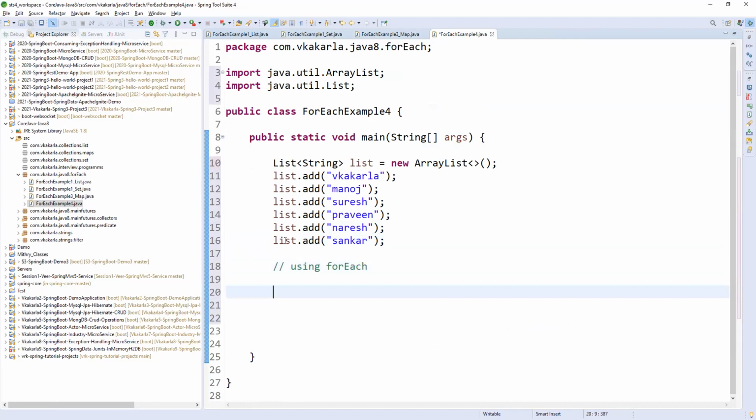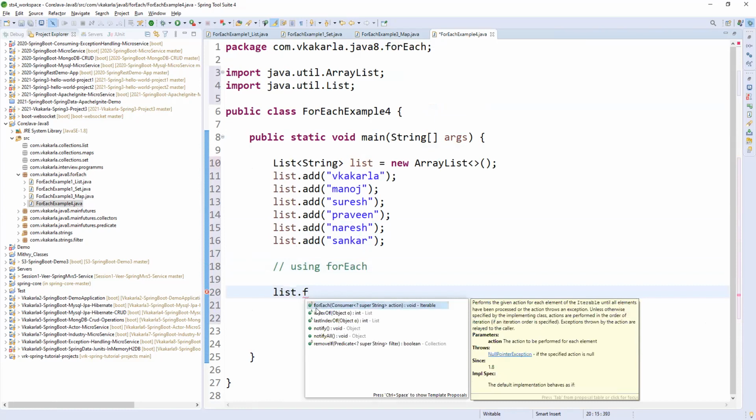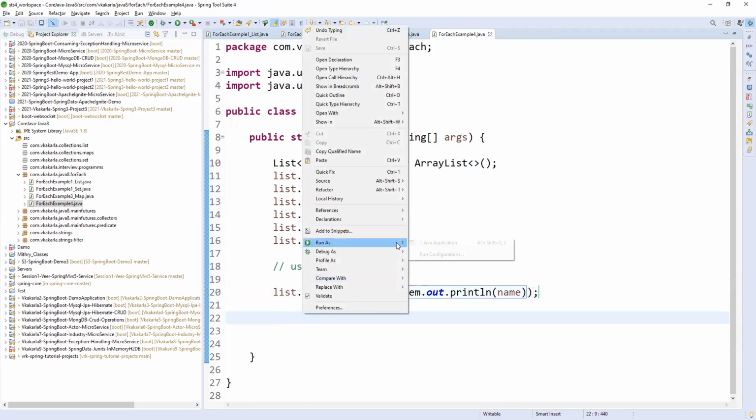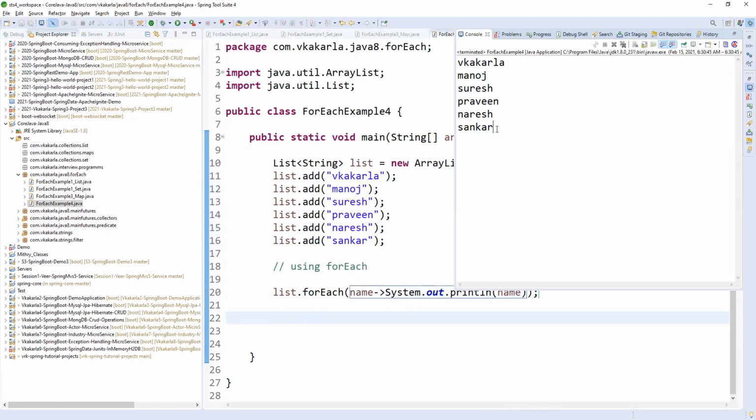So we can write list dot for each, name. So if you run this, we are traversing the loop, and we are getting the insertion order: V Kakarla, Manoj, Suresh, Praveen, Naresh, Shankar, right? So here also we are getting the same order.